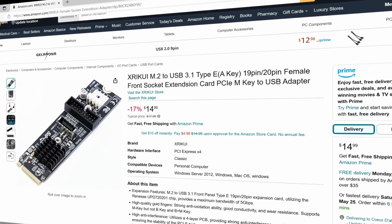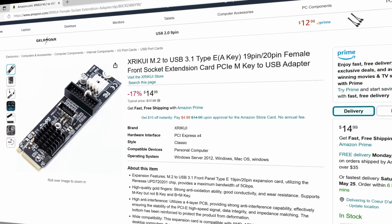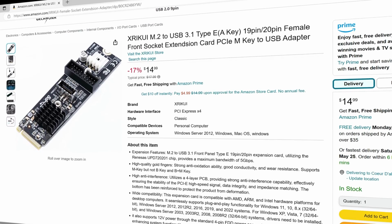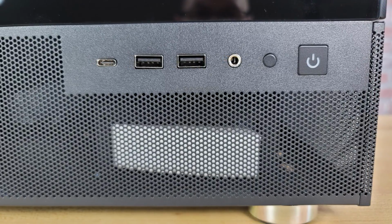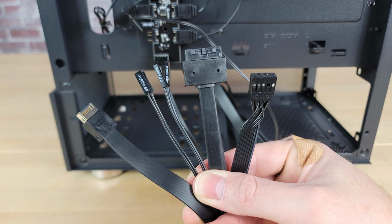Or you could get something like this M.2 adapter that should give you full USB-C speeds, but it will take up your additional M.2 port and will prevent you from being able to install additional NVMe drives in the future. I'm fine leaving the USB-C port on the front panel unconnected, as there are enough USB 3 ports to handle all of our devices. Another thing I wanted to point out that is a really nice feature of this case